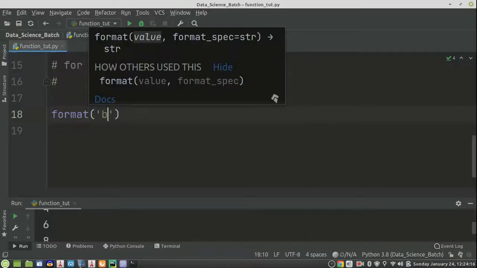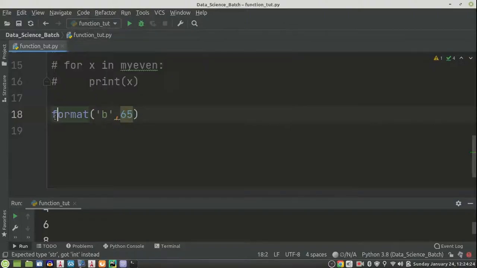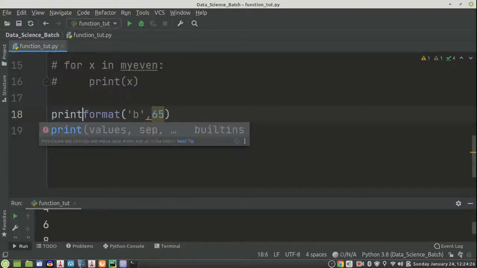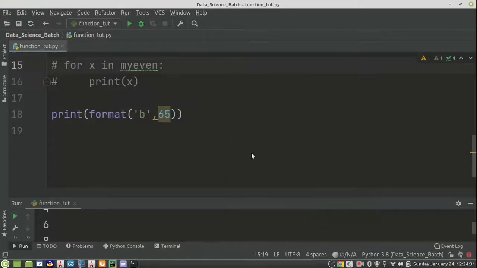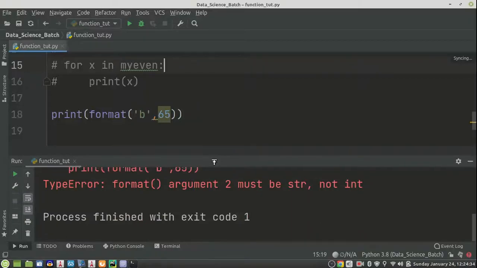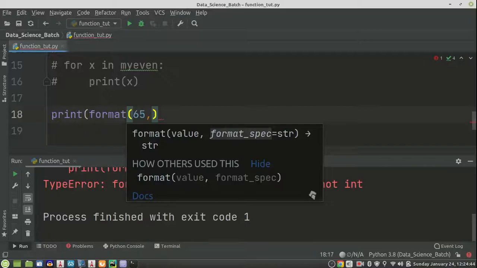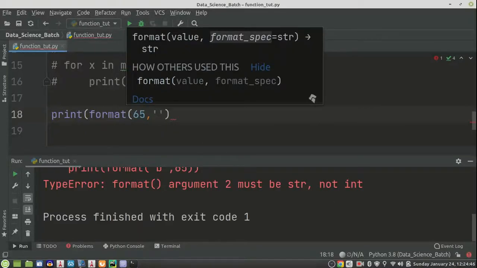For example, if I try to write some number in binary, then for example 65, if I try to print it, I don't know whether it will work or not, but still I will try. Okay, so format argument must be string and not int. So this is 65 comma, and I passed a wrong argument.